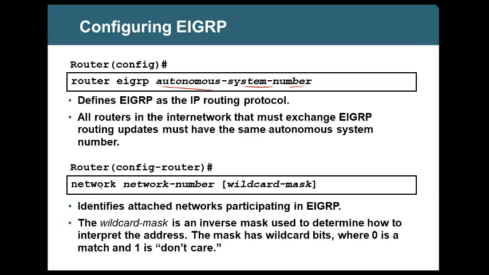For example, if you have a router here with 10.1.1.0, 10.1.2.0, 10.1.3.0, all /24. Now, if I want to run EIGRP only on one network, if I want to advertise only this network,